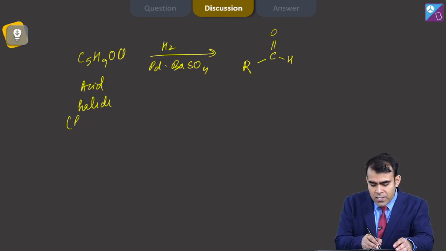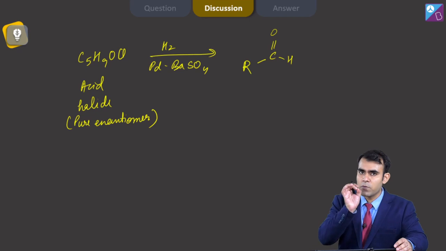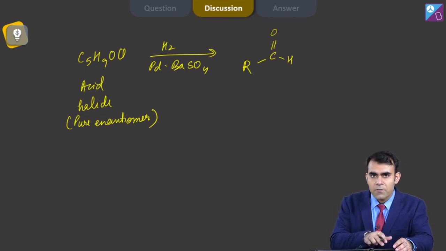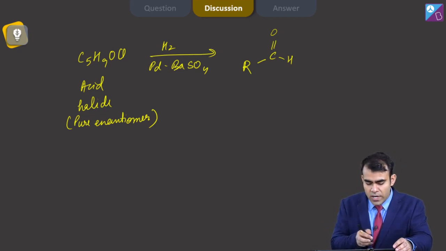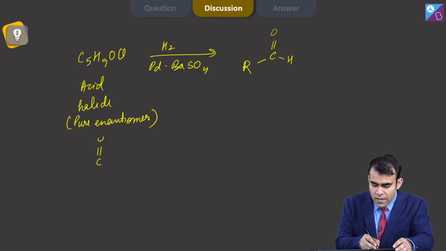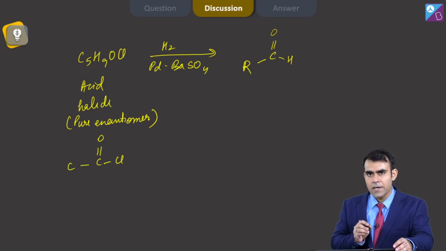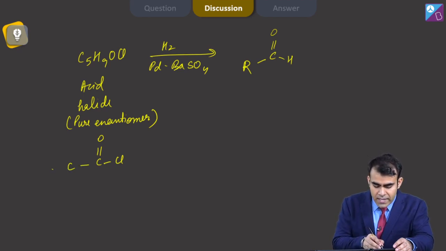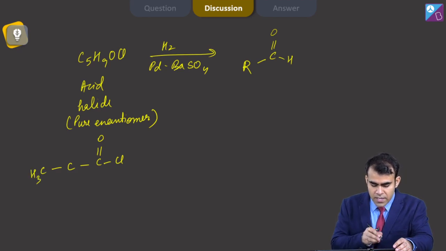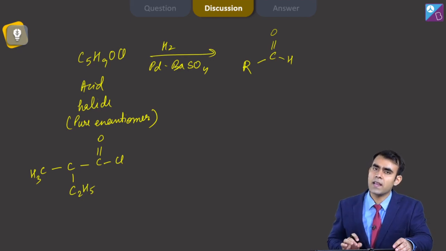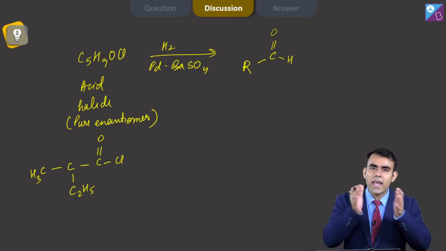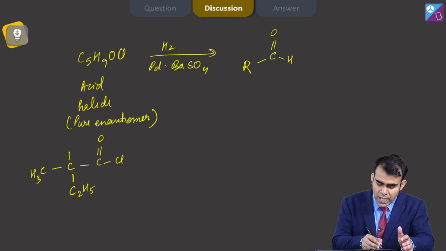But here we have one additional information, that it is a pure enantiomer. It means my initial compound is optically active, and if I want to draw an optically active compound with these carbon, hydrogen, oxygen and chlorine atoms, I have COCl, which is at the terminal. Let's put one carbon atom here. Now if I want to be optically active, let's say one methyl is attached here, and the only possibility is that we have an ethyl group. If I try to draw any other structure, we have one H here.